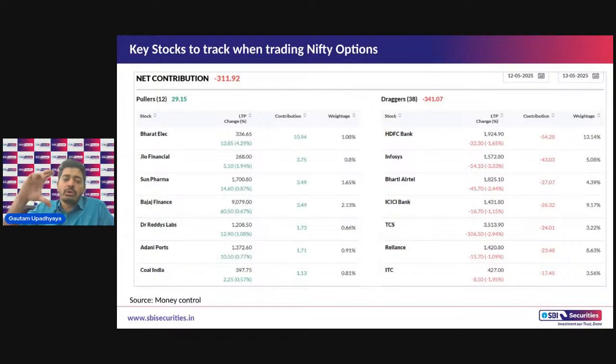So even though overall it may look 300 points lower, there were very few trading opportunities in trade today. अगर कल के सेशन के बारे में डिस्कस करें, there was an absolute beautiful one directional move in the market. तो कल के ट्रेडिंग सेशन में मल्टीपल बाइंग अपॉर्चुनिटीज मिल रहे थे. Every dip acted as a buying opportunity. Today it was a very choppy and a sideways kind of market, even though the index was down 300 odd